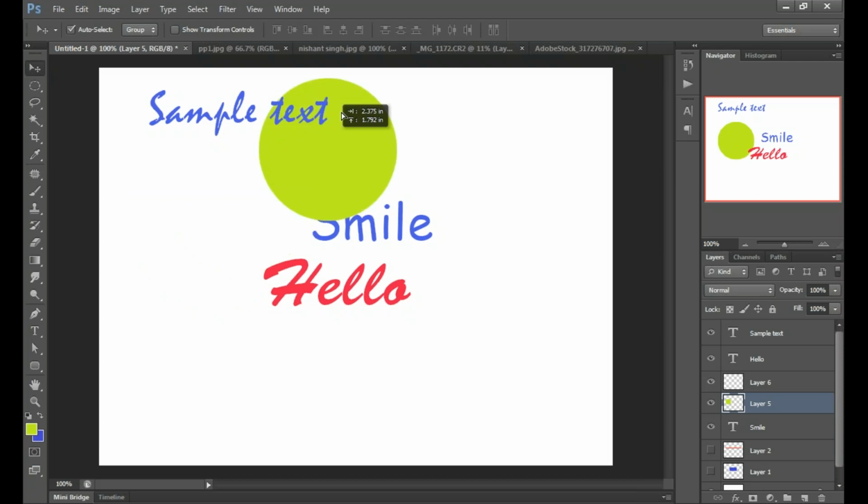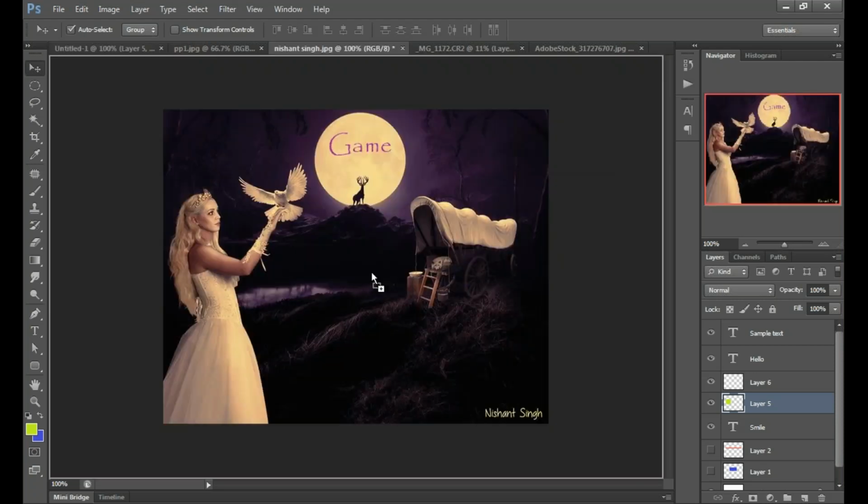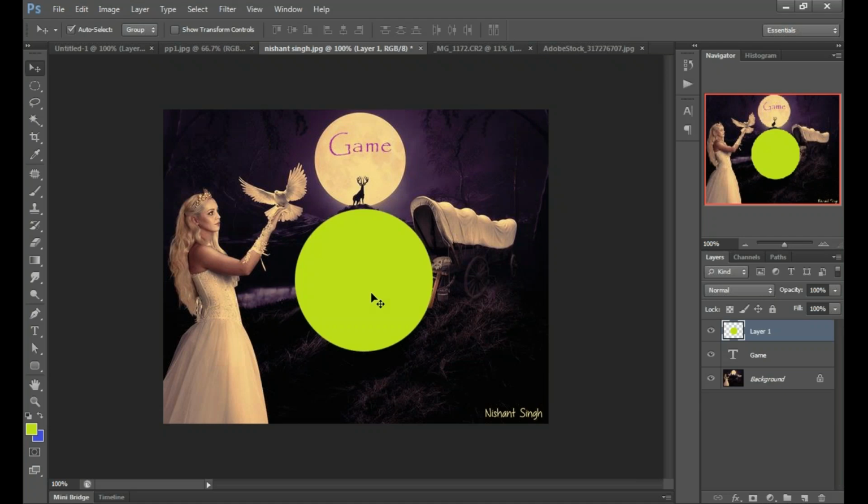All the documents are here, and don't drop your mouse here. Bring your mouse to the center of the document and leave it. You will get your object here. Okay, got it.